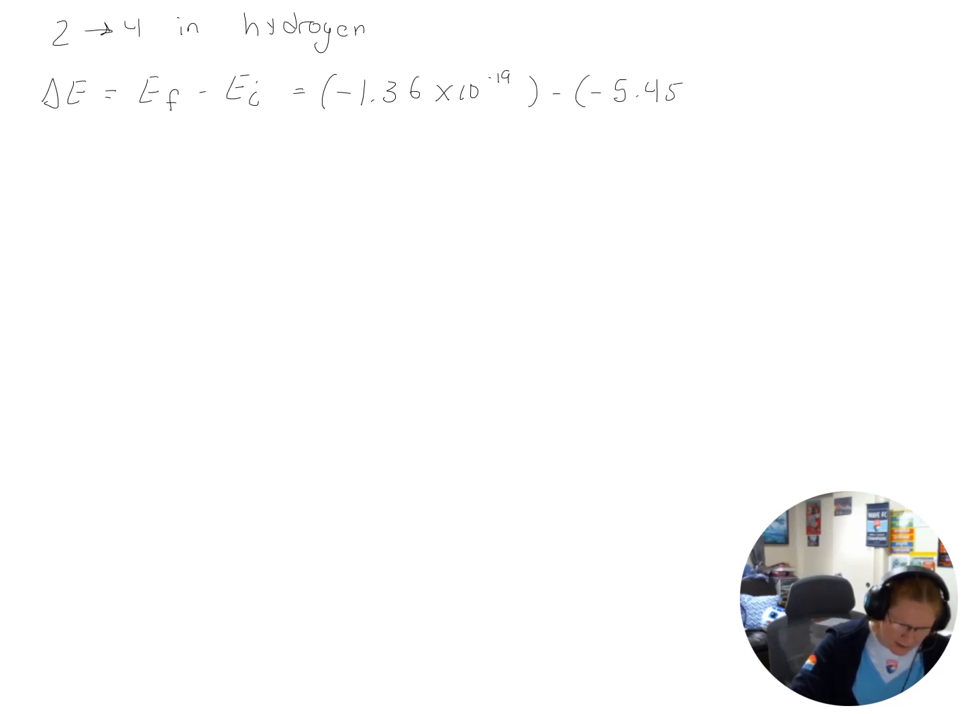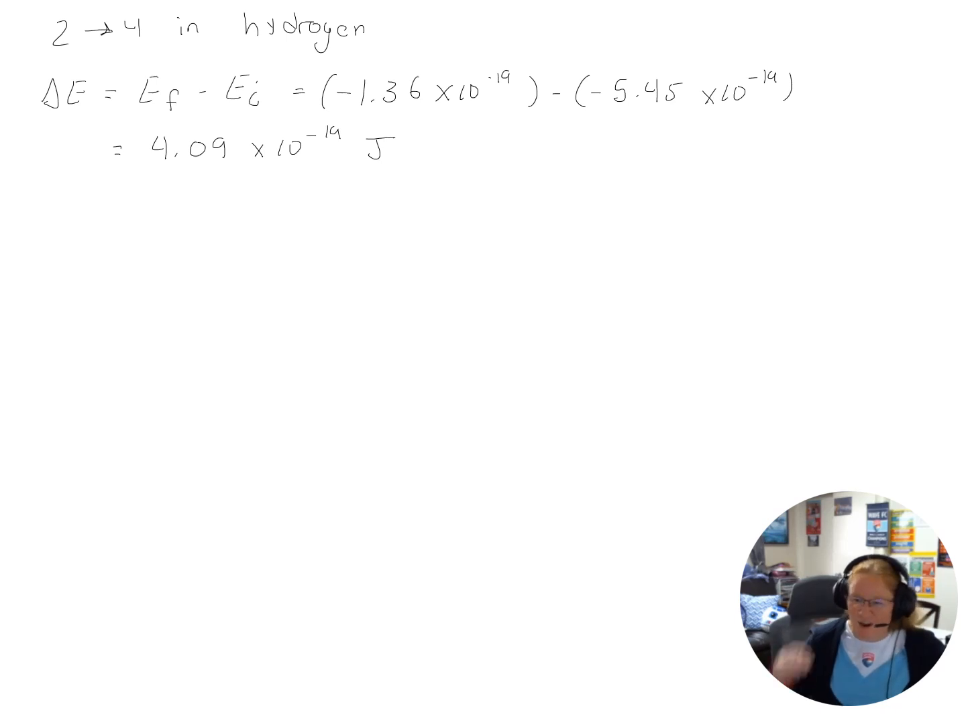So I can calculate my change in energy in 2 ways. I can do energy final minus energy initial. So this makes it super easy. Okay, and this is assuming I know what these are, right? So I do know this for hydrogen. So I take my negative 1.36 times 10 to the negative 19th, which was the energy assigned to energy level 4, minus negative 5.45 times 10 to the negative 19th. And what I get is I would need 4.09 times 10 to the negative 19th joules of energy